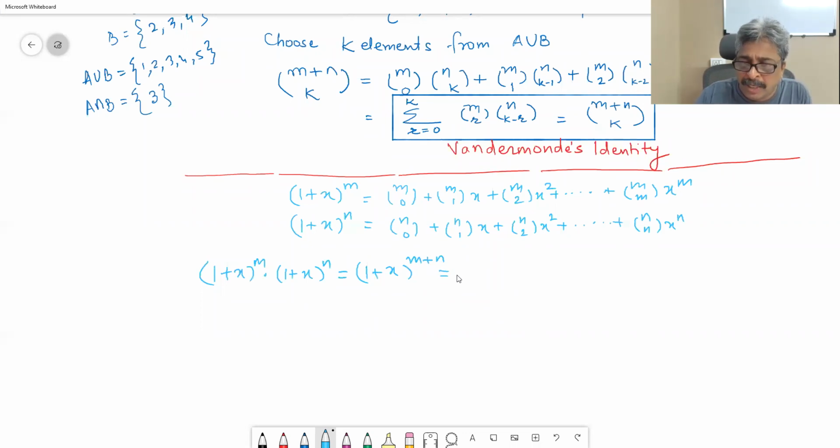And if you want to look at the coefficient of x raised to k, of course the binomial expansion will give that very quickly. M plus n choose k is the coefficient of this. Now